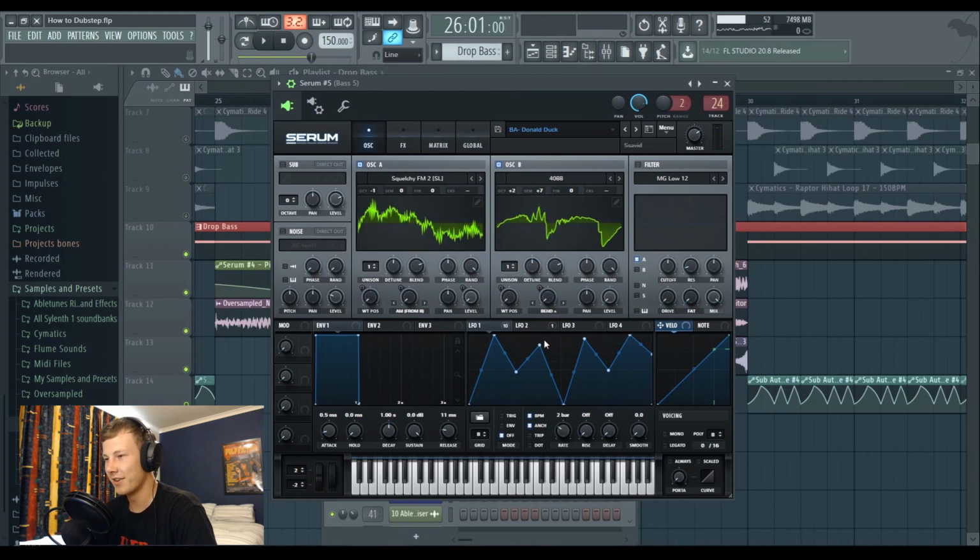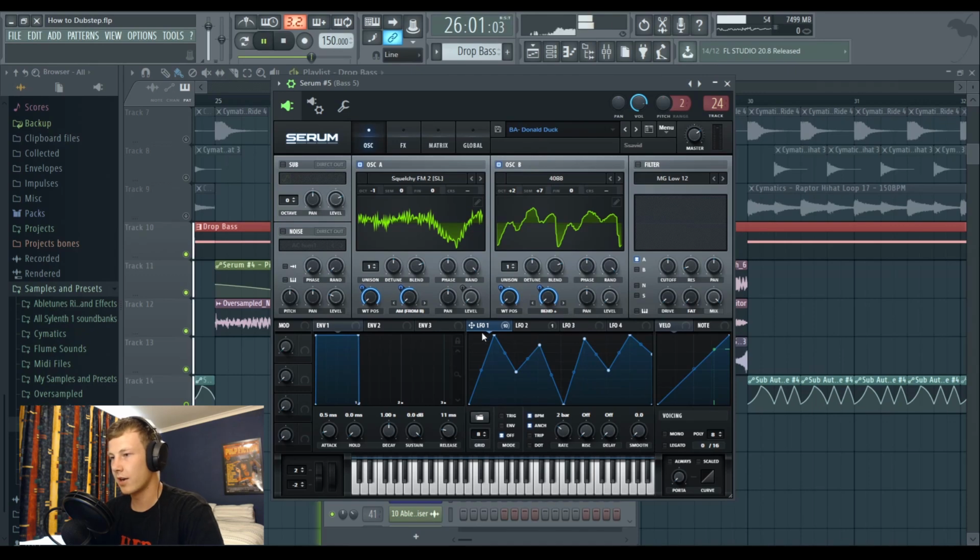This is my favorite bass that I made, because I don't know what I did, but I called it Donald Duck, because if you're wearing headphones, it really works. Now that I think about it, it sort of sounds like a bee, but at the time I was just like, what is Donald Duck doing in my right ear, quacking at me, man? I got the LFO, it's doing random stuff again.